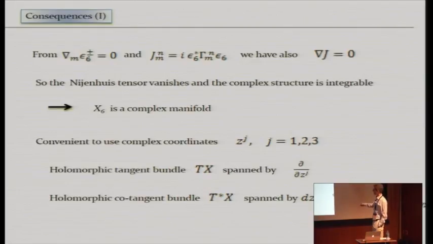And the convention I'll use is that if X is a real manifold, T of X will be the real tangent bundle, and if X is a complex manifold, we use T of X to denote the complex tangent bundle, spanned by ∂/∂z_j. There should be no confusion, as long as you're sure whether you're dealing with a real manifold or a complex manifold. Similarly, the holomorphic cotangent bundle is T star of X, which is spanned by the covectors. And if I want the anti-holomorphic versions of these, I will just put a bar on them.